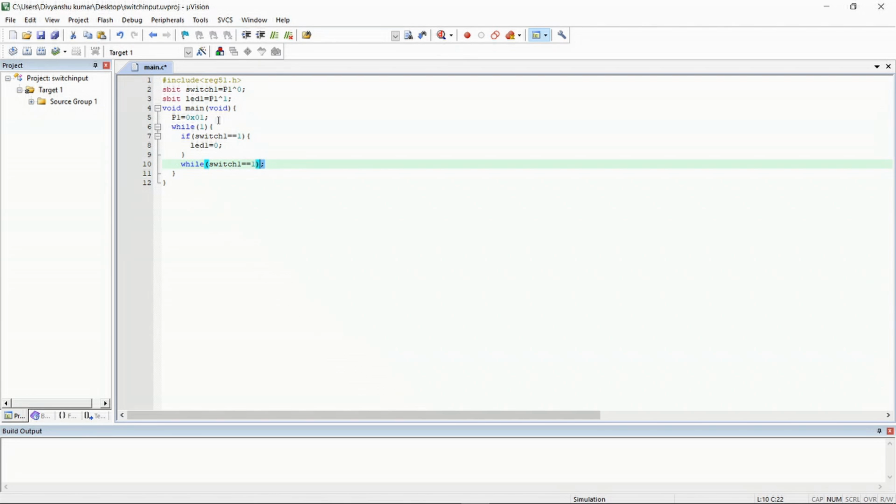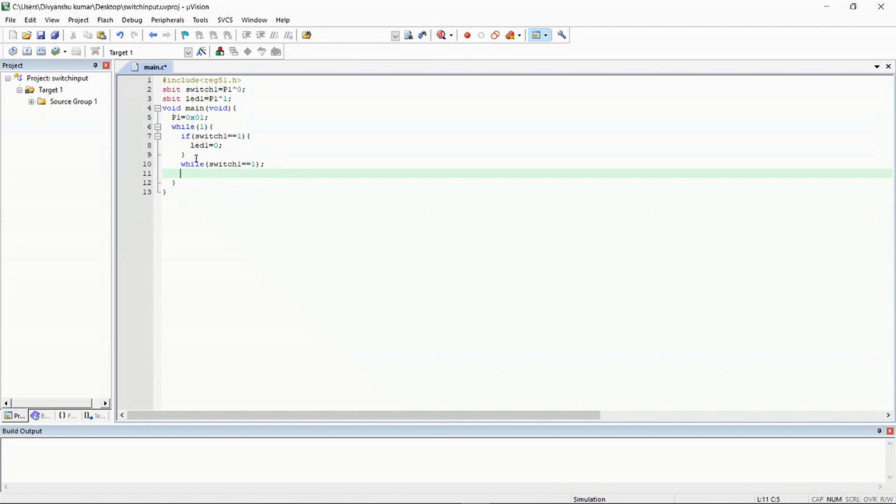This loop will ensure that if the switch value is 1, then this while loop will continuously be running, and the code will not proceed. But as soon as the switch is 0, the next line will proceed, which will be LED equal to 1. So as soon as switch 1 value changes to 0, the LED will be turned on.